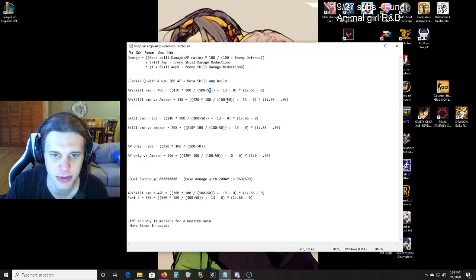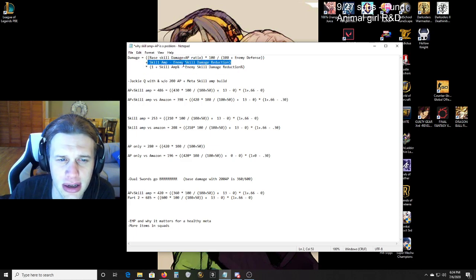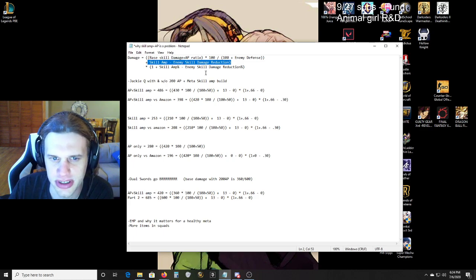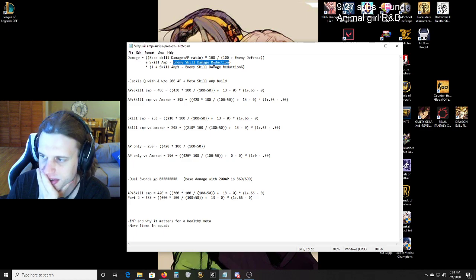So you've got 50 armor for them, and then into the next part. What are we into? Plus skill amp, minus enemy skill damage reduction. I don't think there's a flat skill reduction in the game right now. I could be wrong on that, but I don't think we have any flat skill reduction. So this is most of the time going to be 0, like